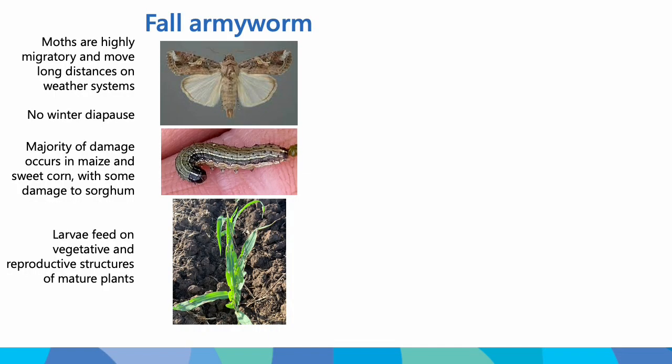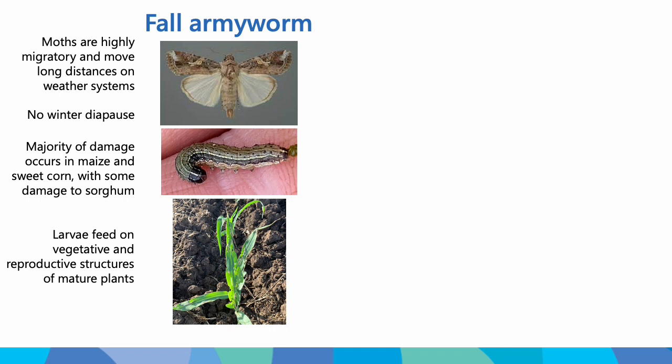So I just wanted to start off with a bit of a rundown of some of the key differences between the two species. So in terms of the insect adult stage, the moths of fall armyworm are very strong flyers and they can move very long distances on prevailing weather systems. And although the permanent range of fall armyworm is within Australia's northern tropics, that strong migratory capacity means that populations that build up in those source areas can easily disperse and establish pretty much anywhere where there are suitable host